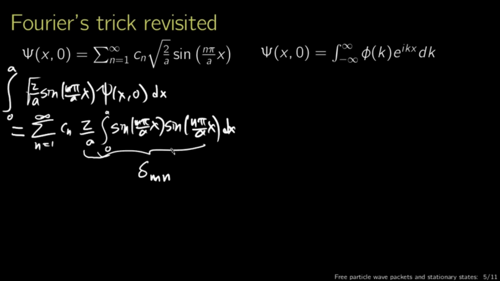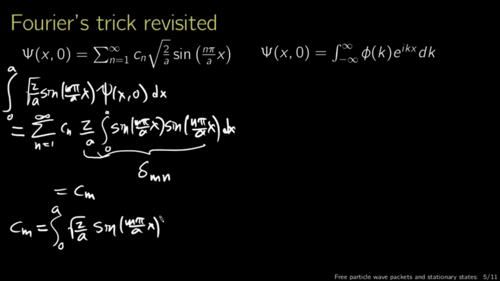What that means is that the sum collapses. The only remaining term is the term from Cm. So our right-hand side just becomes Cm. This gave us our formula for Cm being equal to the integral from 0 to a of essentially root 2 over a sine m pi over a x times our initial conditions, psi of x, 0. This was a very brief overview of what we did back when we were talking about the particle in a box. Now, continuing this analogy into our free particle case,